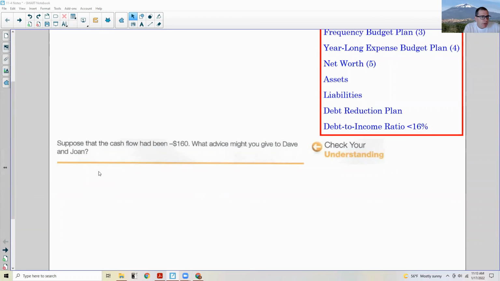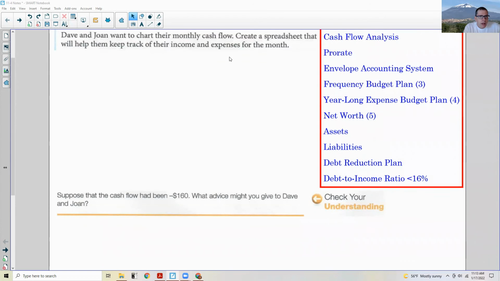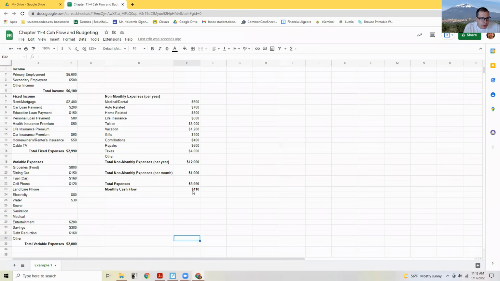Okay, so now that we've done that was example one. And now it says, suppose that the cash flow had been negative $160. What advice might you give Dave and Joan? So let's go back to the spreadsheet. What they're saying is if this cell here was negative 160, that means they spent more than they made. What could you do? Well, if we look over here,